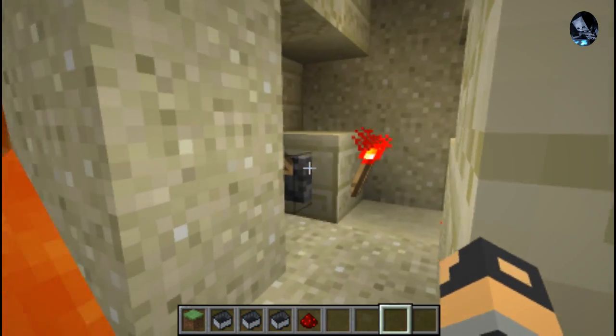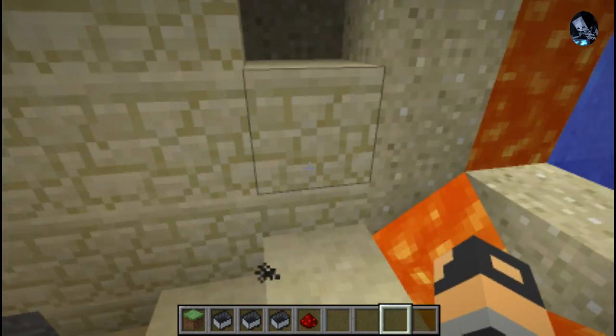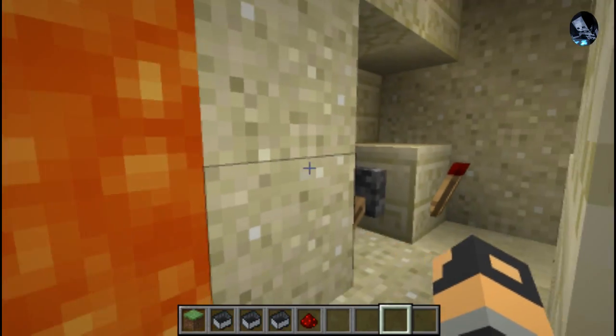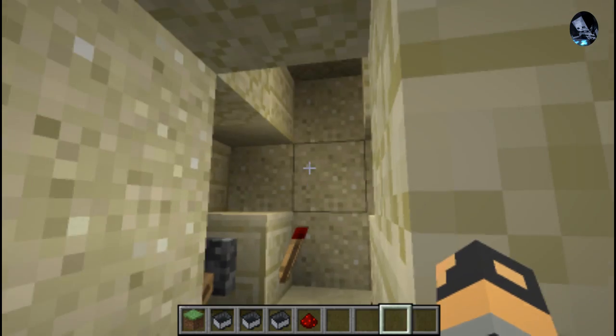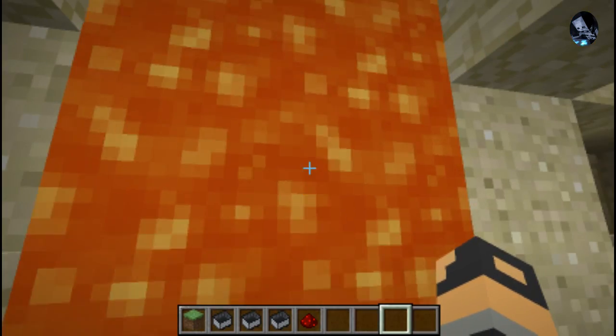And when you're inside the base, just flick the switch back on, and the lava will flow down and you're protected. So now pros and cons. Pros, it's really well hidden. No one will dig next to lava, and no one will think to look behind a lava flow for a secret base. The cons, it takes time to enter, it takes forever, and if someone sees you entering, then they